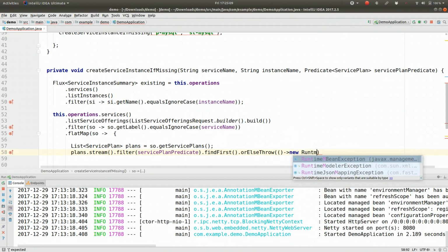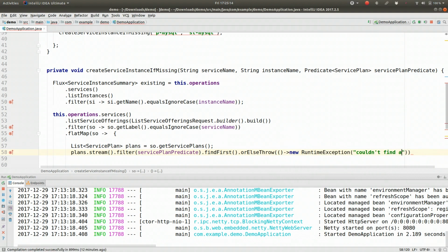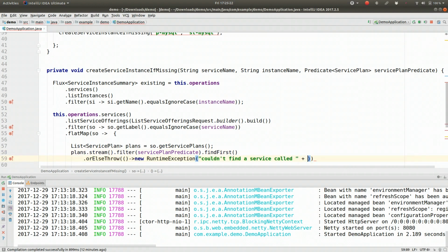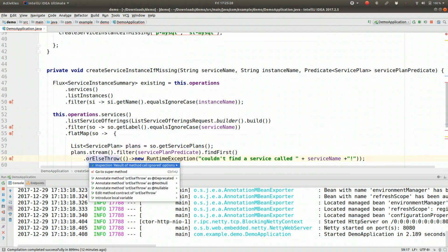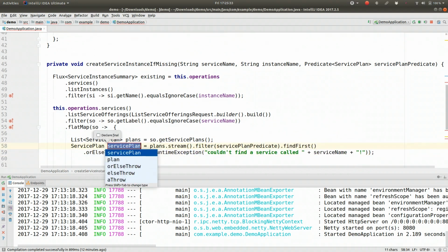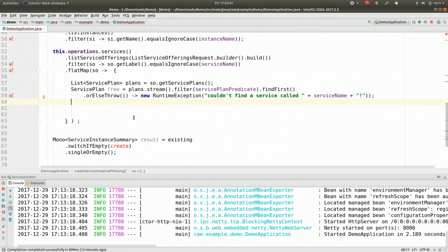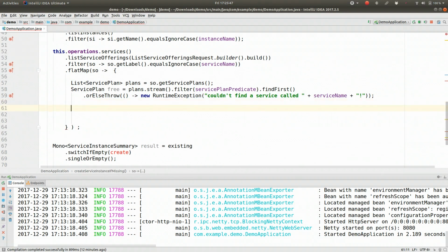So, orElseThrow, new RuntimeException, couldn't find a service called service name, right? Okay, we want to assign that to a variable there, service plan. So there's our free service plan that we want. So I'll say free, and what I want to do is I want to use that to create a service instance, right? So we're going to create a service instance. We're going to say